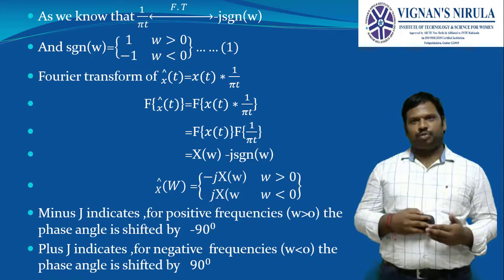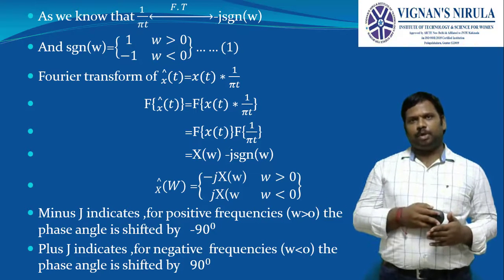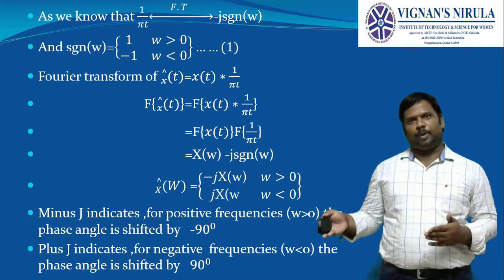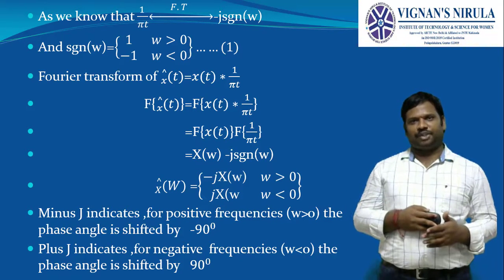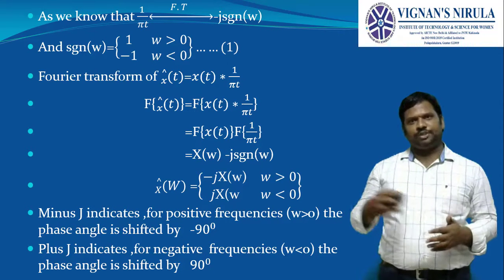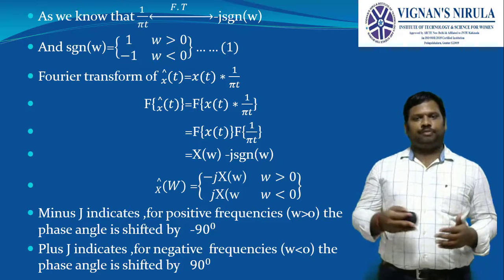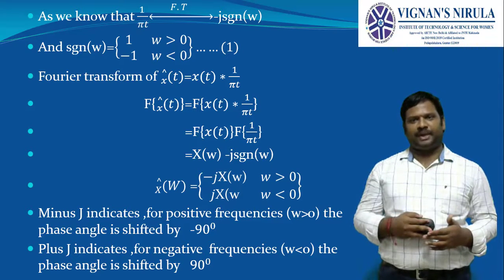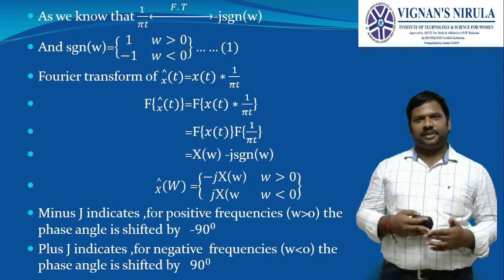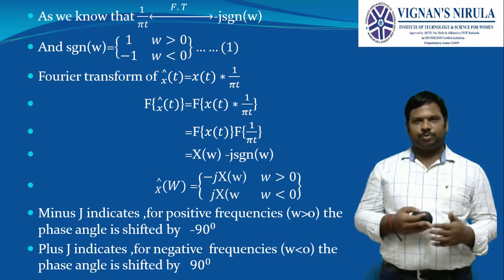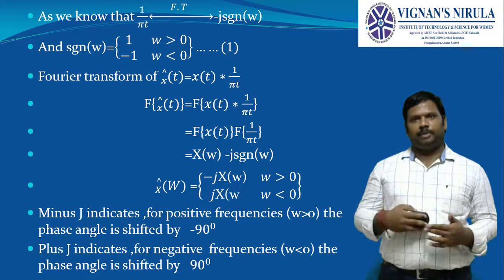By the Hilbert transform, an x of t is converted into x cap of t. That is, one time domain signal is converted into another time domain signal. Generally, the relation between these two is given as x cap of t is equal to x of t convolution with 1 by pi t. Now, from our Fourier series analysis, we have proved that the positive frequencies are shifted by minus 90 degrees and the negative frequencies are shifted by plus 90 degrees. Thank you. These are the topics we have seen: some properties, the Fourier transform of a periodic signal, and the Hilbert transform. Thank you.